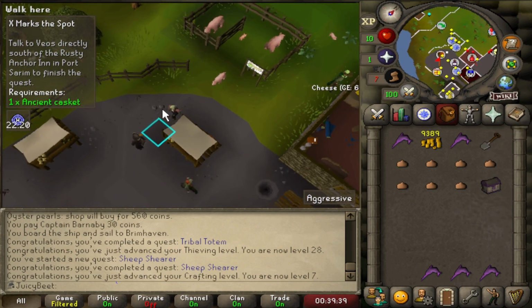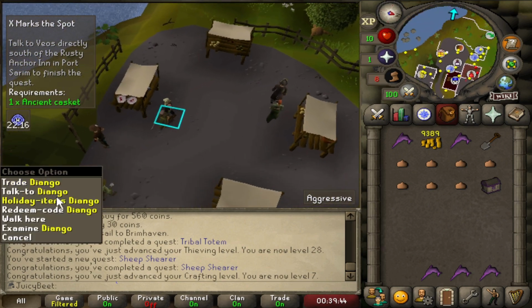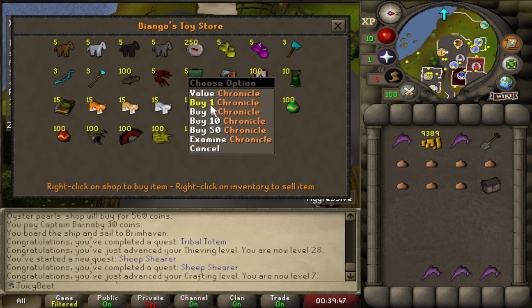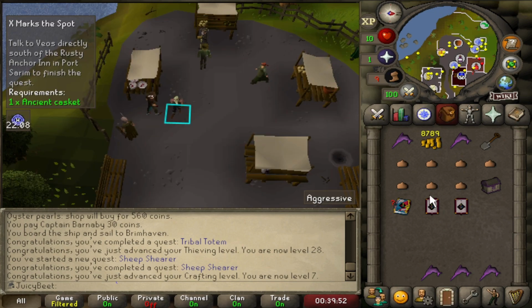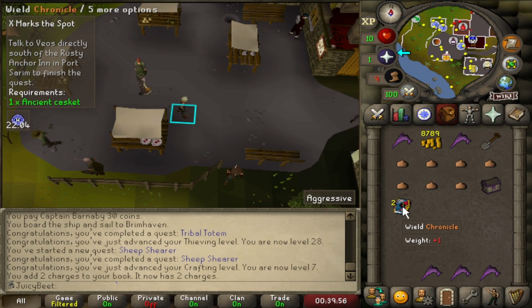We're just going to quickly grab a Chronicle while we're here, which is one of the most useful early game teleport items, especially for Ironman. So we want that, and we want a couple of teleport cards. Let's just fill that up. So that allows you to get around back to Barrows quite easily through the...